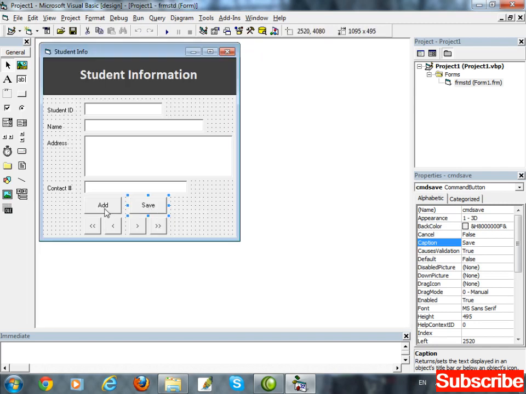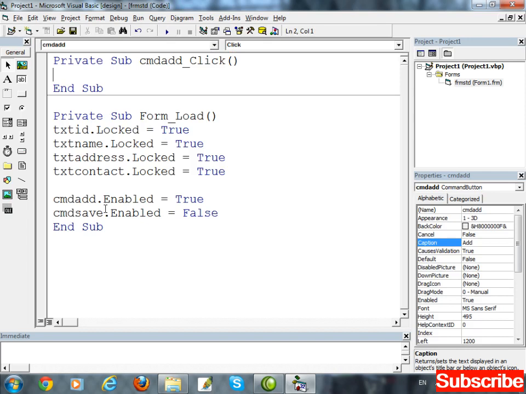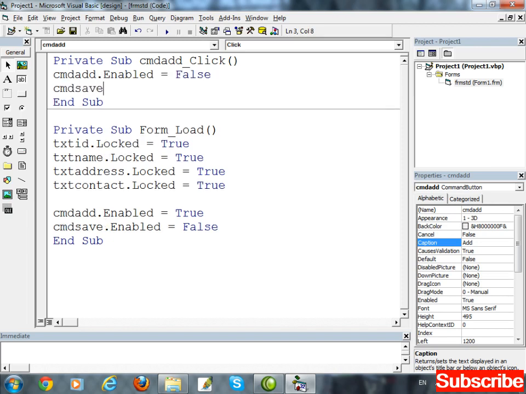Double click on add button. When we click on the add button, it will be disabled and the save button will be enabled. So here write cmd add dot enabled equal to false and cmd save dot enabled equal to true.